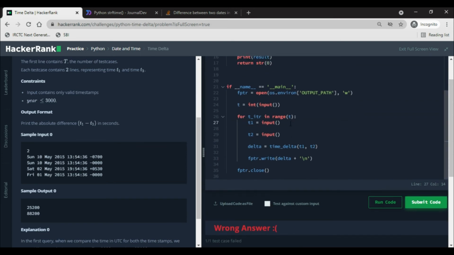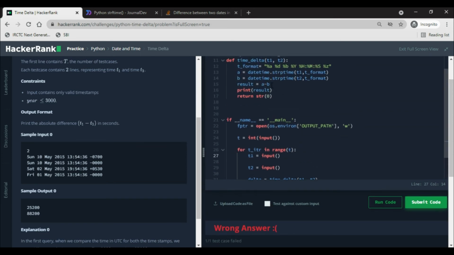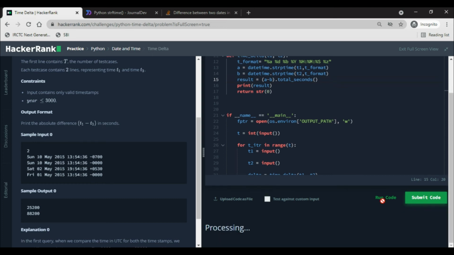So what you can do is write something called total underscore seconds. Okay, dot. So this will convert into seconds. Let's see, everything will be in seconds.